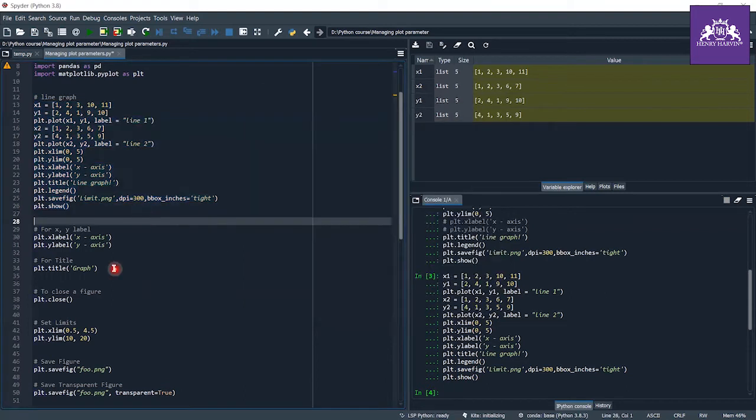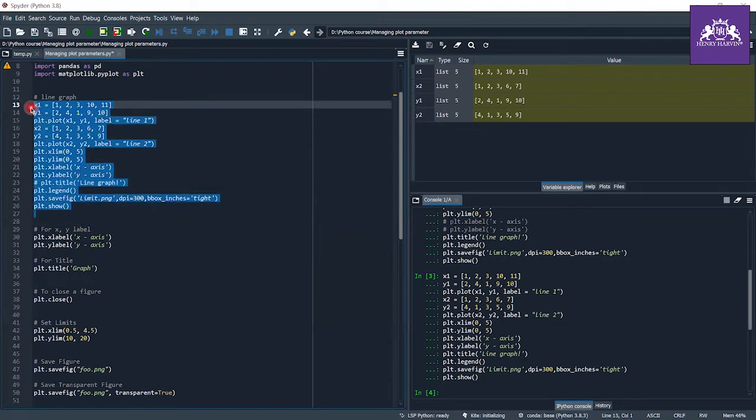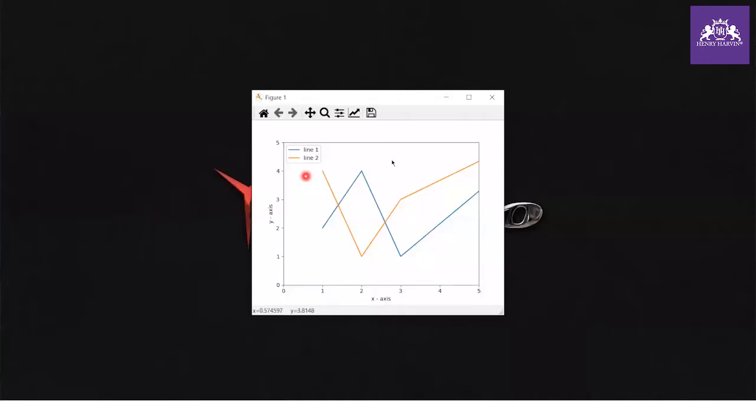Next comes the title. Let me hide the title first and show you the graph without a title. Without a title, you can see I have no title, and this is showing the graph, and I don't know on which data set and what kind of graph this is, whether it is based on stock prices or on some sales, I don't know.